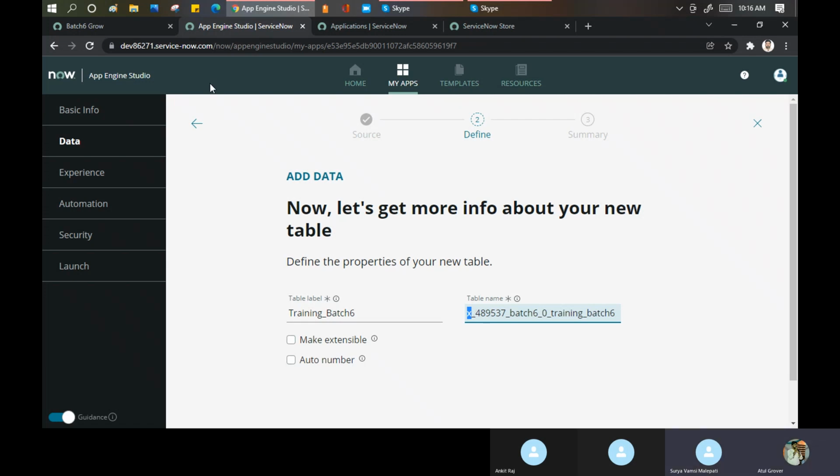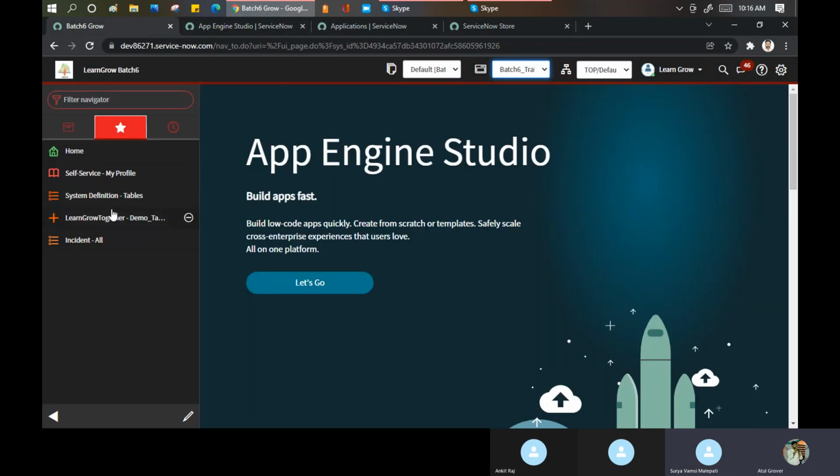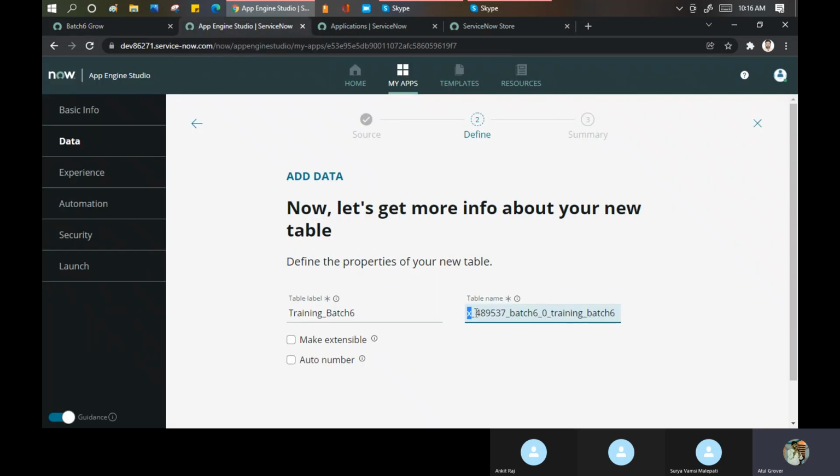If you create the table in the native view here, then it starts with the U. U means user defined table, but this is a custom or scoped table actually. It's showing as an X, and this is a random number that comes automatically, and these things will be taken care of by ServiceNow.